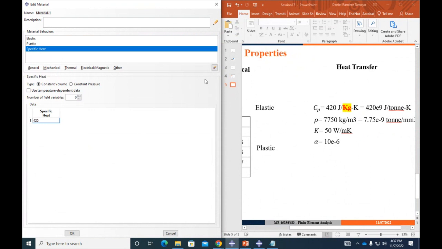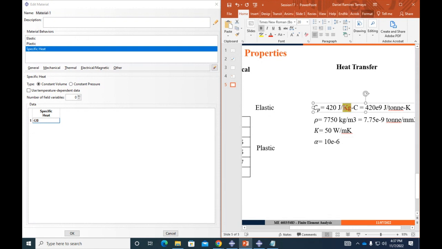So it's gonna be 420. But then my properties are in joules, kilograms, Kelvin. Kelvin is fine, even though I'm gonna apply the temperature in centigrade. This CP, the delta, it doesn't matter, right? This could be Celsius as well. They are the same in different unit systems.